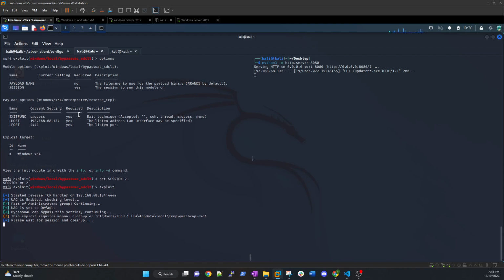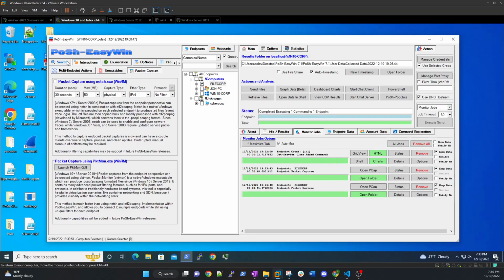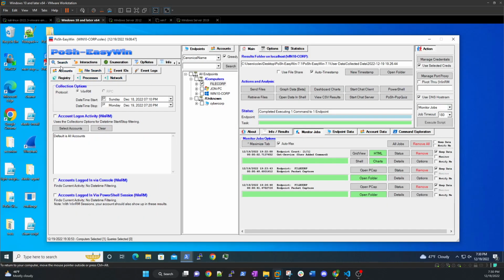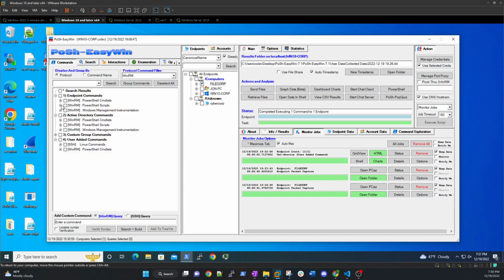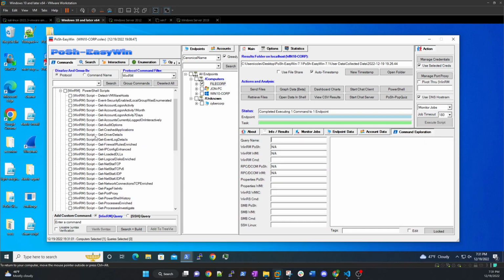We have some manual cleanup needs to be done. Let's see if we get an actual session callback, which is on 4444. And if it works, it works. If not, so be it. I'll just kind of keep on keeping on. And so I'm going to use some other cmdlets right here. Do this and go down and get, let's see here, we could probably do